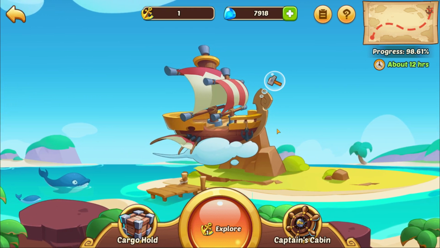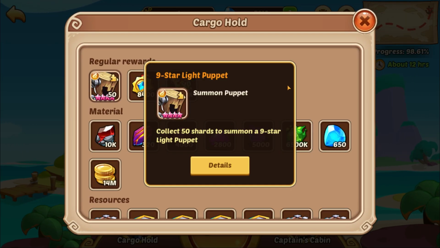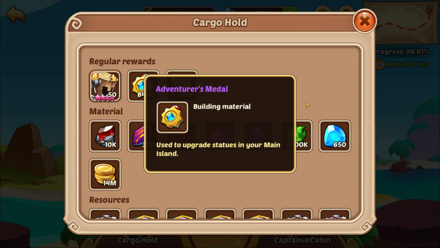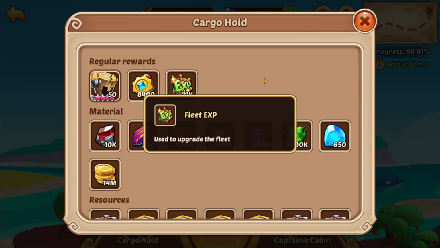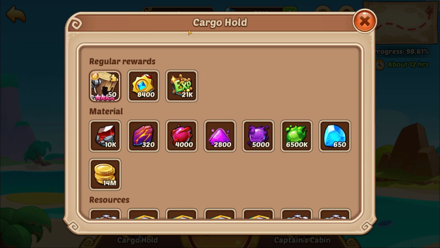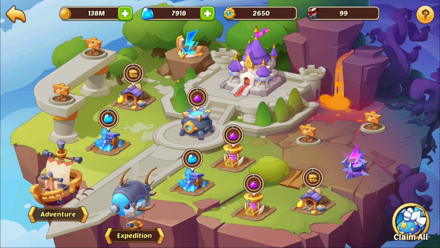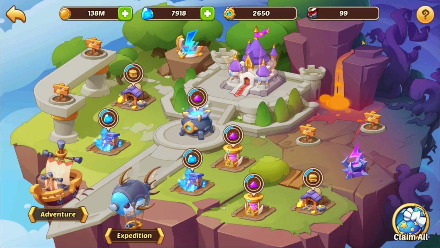Well, when you complete an adventure, you get these key rewards. You get the puppet, you get adventurer's medal, and you get fleet experience. This fleet experience is what you use to upgrade the ship with. This adventurer's medal is what you need to upgrade these statues that you have that you can build on Celestial